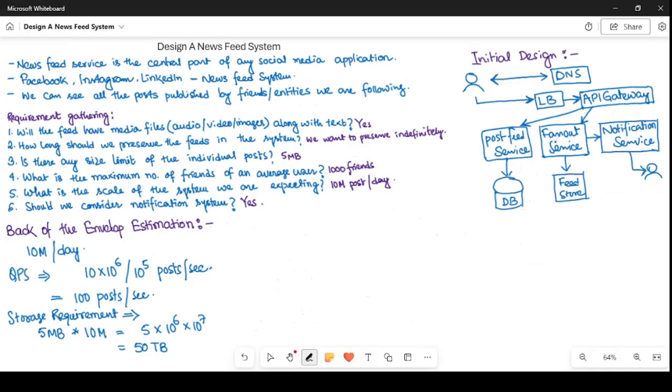Before going into the details in this design, let's first quickly design the APIs needed for this system. At a high level, we need two different APIs. One is a GET API, which the user can call to get all the feeds for that particular user. Another will be a POST API to publish a new post into the system. These are the two high-level APIs that will be available for our newsfeed system.